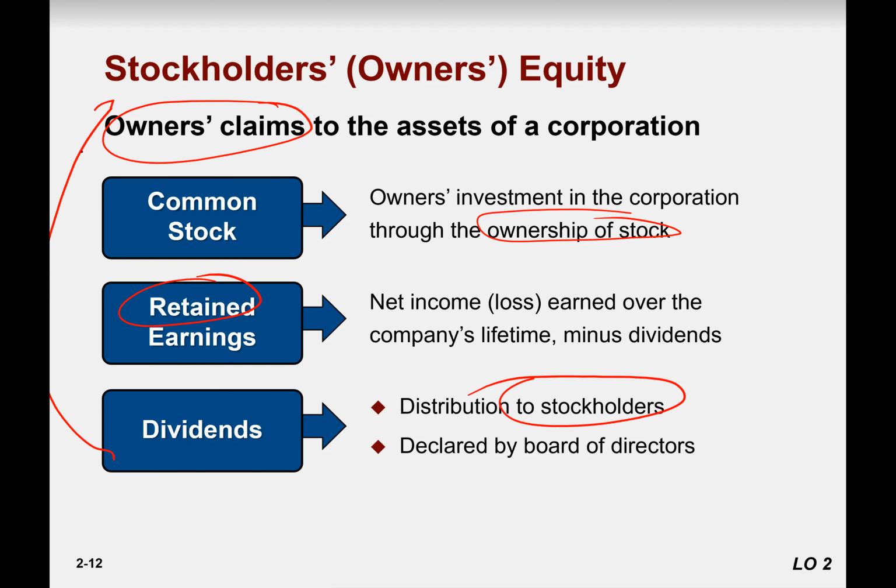Why? Because payments are made from the business to the owners, so cash decreases and their contribution, or retained earnings, also decreases. So dividends decrease the retained earnings, and when retained earnings decrease, ultimately owner's equity or stockholders' equity also decreases. How dividends are paid is not the point right now, but just know that it is declared by the board of directors. That's it. In the annual general meeting, they vote for that. Okay, today we are talking about distribution, whether 5%